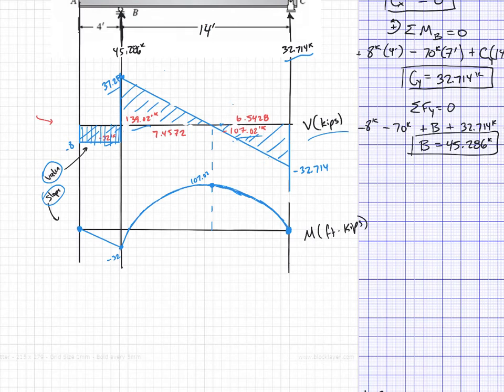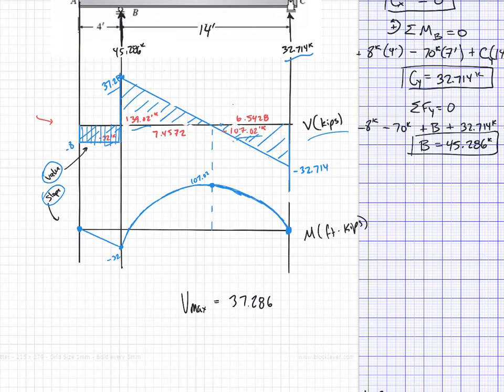Okay? If I asked you, which I did not on this particular final, but if I were to ask you, what is the max shear and where does it happen? What is the max moment and where does it happen? What you would do is you would just kind of look at the diagram. You would say, okay, well, it didn't ask for this on this particular one, but the shear max is wherever we have the maximum absolute value, which is that